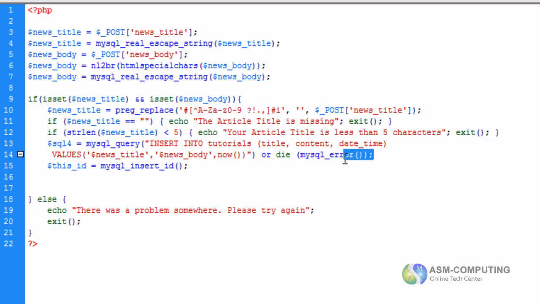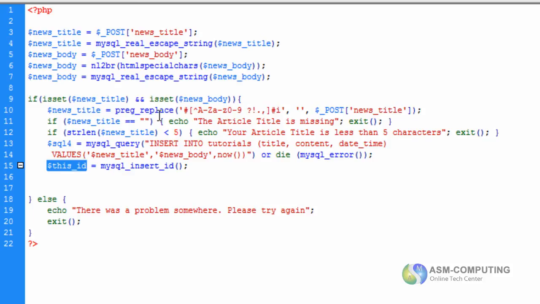So if there is a problem, we just have an output to our screen to show us whatever we've got as an error. So then we say this ID variable, a name we've made, is going to be equal to MySQL insert ID.